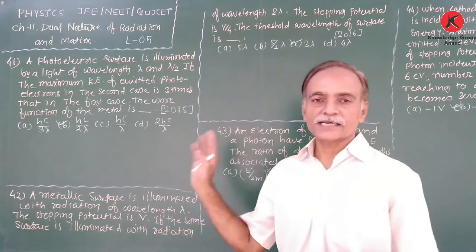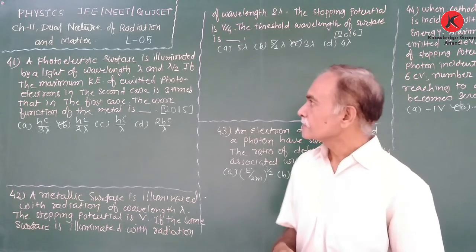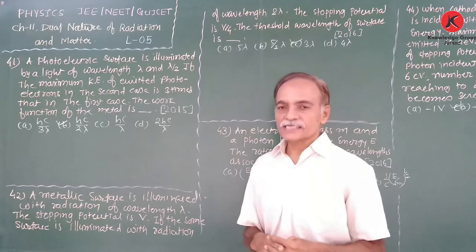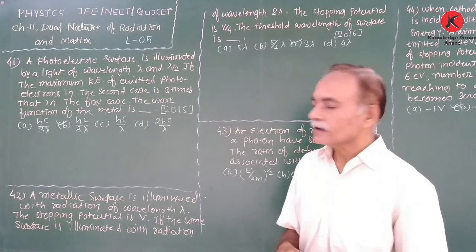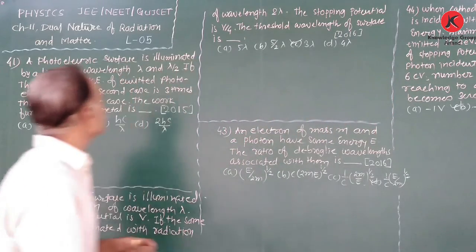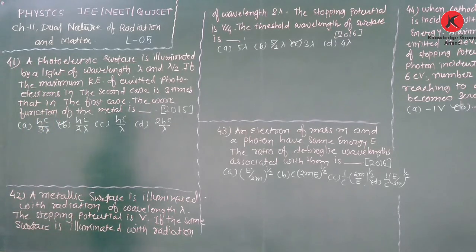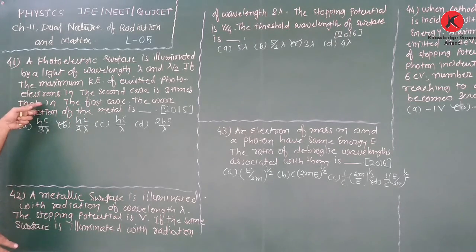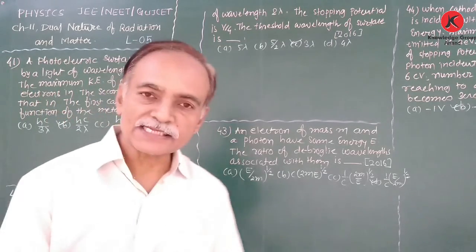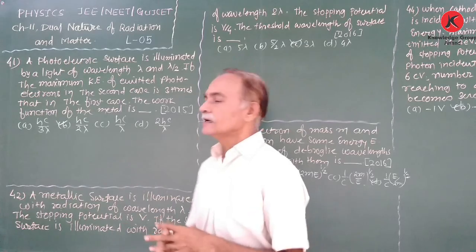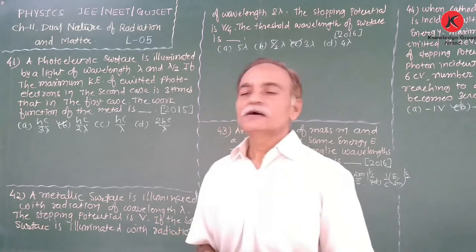The question asked in 2015 is: a photoelectric surface is illuminated by light of wavelength lambda and lambda by 2. If the maximum kinetic energy of emitted photoelectrons in the second case is 3 times that in the first case, the work function of the metal is. That means in this numerical, in the photoelectric effect, we are